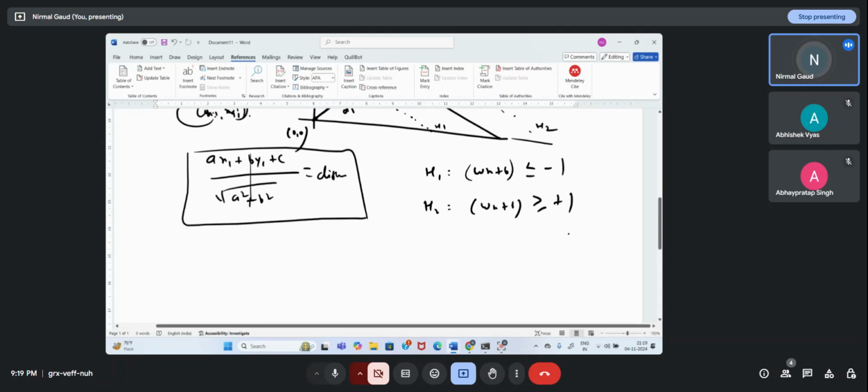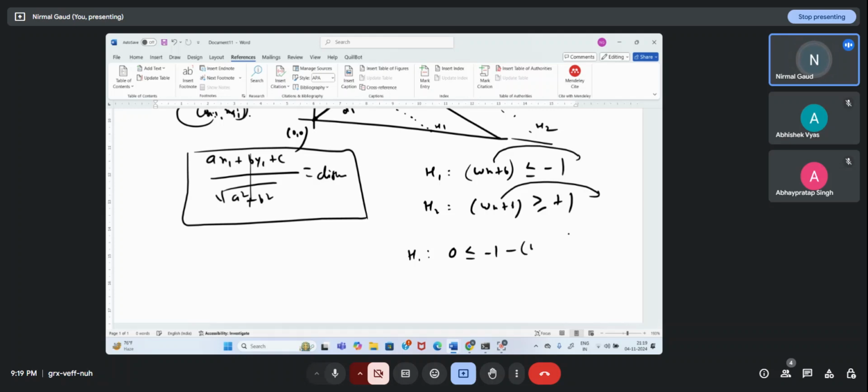So what I can do here is you can take that on this side and this also on that side. So h1 will be 0 equals minus 1 minus of wx plus b. h2 will be like again 0 equals 1 minus wx plus b. And if I drop the perpendicular